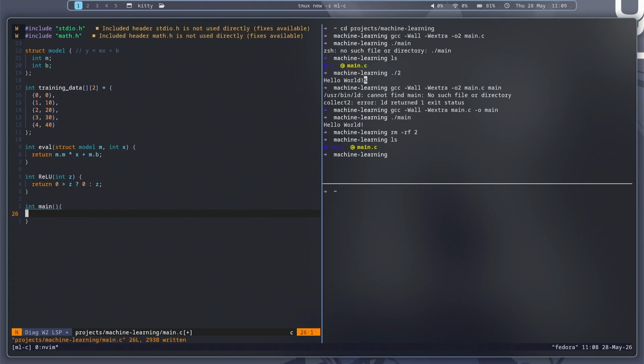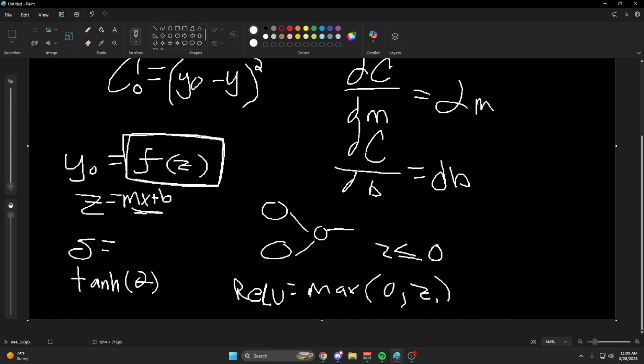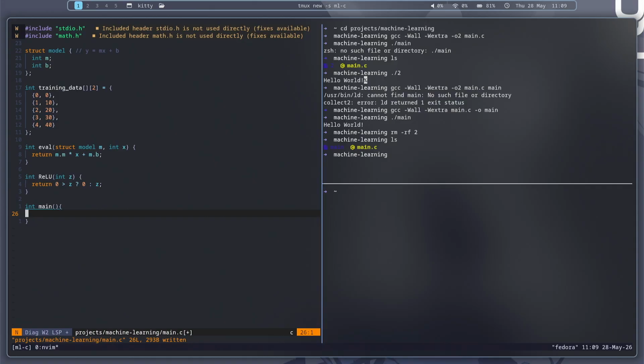I think there's another version where instead of 0, it's like z less than or greater than 0, negative z. It's something weird. It changes the bounds of it to make it a little better, I believe. But ReLU's like the normal one, I think. I think this is like the industry standard right now, minus some evil ChatGPT billion parameter neural network activation function that they use. But yeah, I believe that is the case. Could be wrong. Anyways,